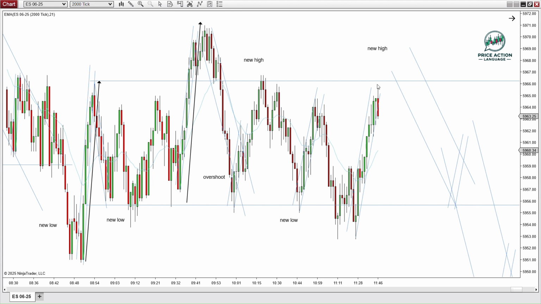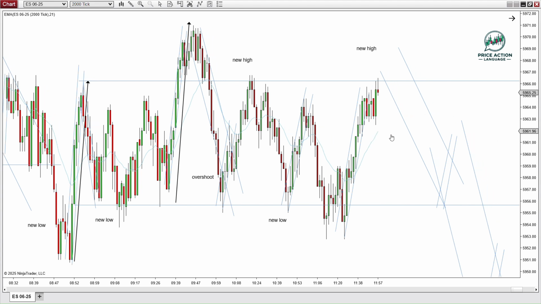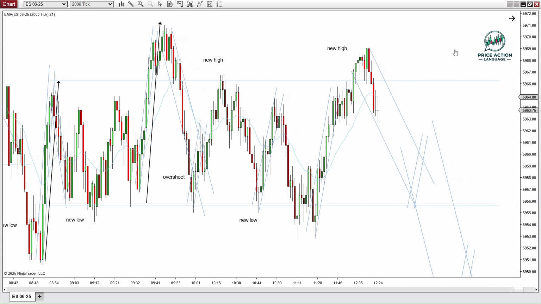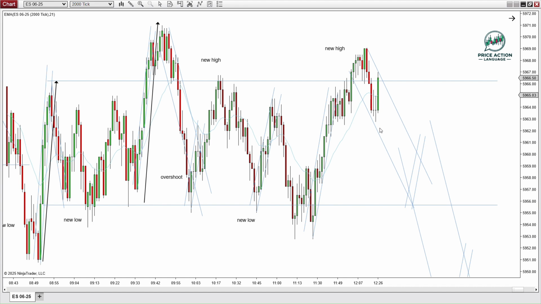So now we have this uptrend in play again. So I'm thinking about some second entry long at the EMA. And you can see we get a tiny break and a new high of the uptrend. So now that we're back below the EMA, once again, I'm thinking about some lower high similar to this area here, because